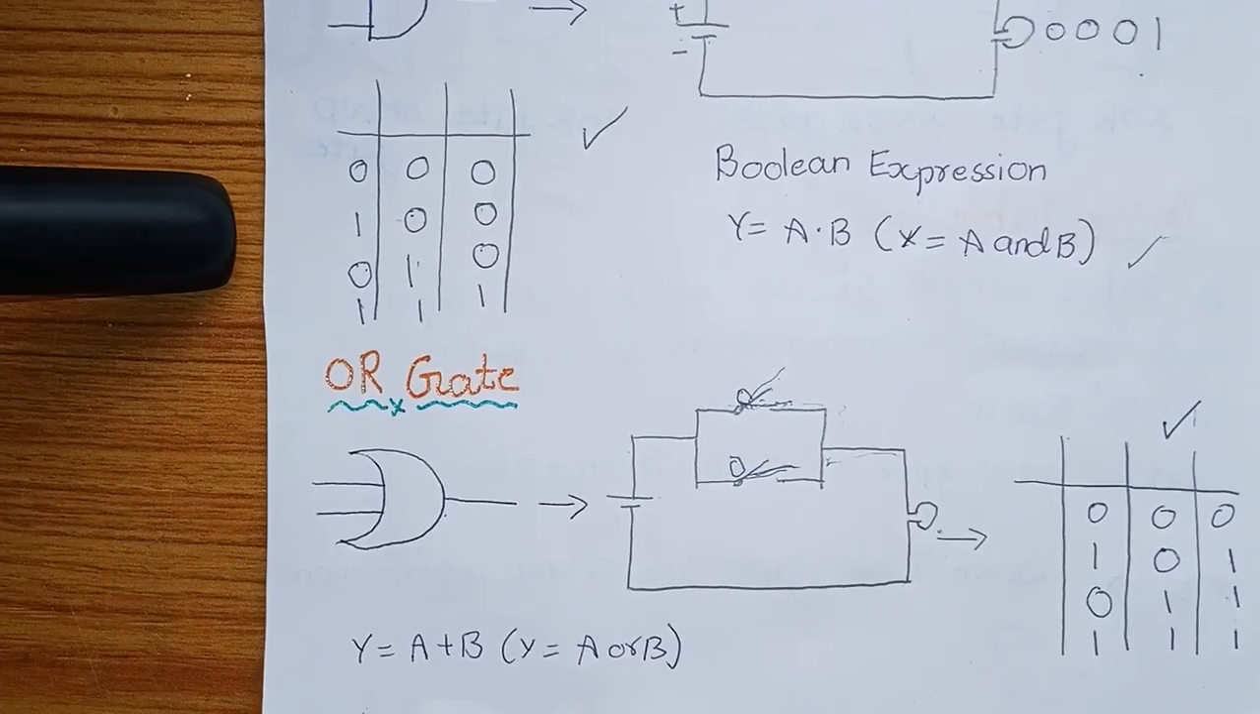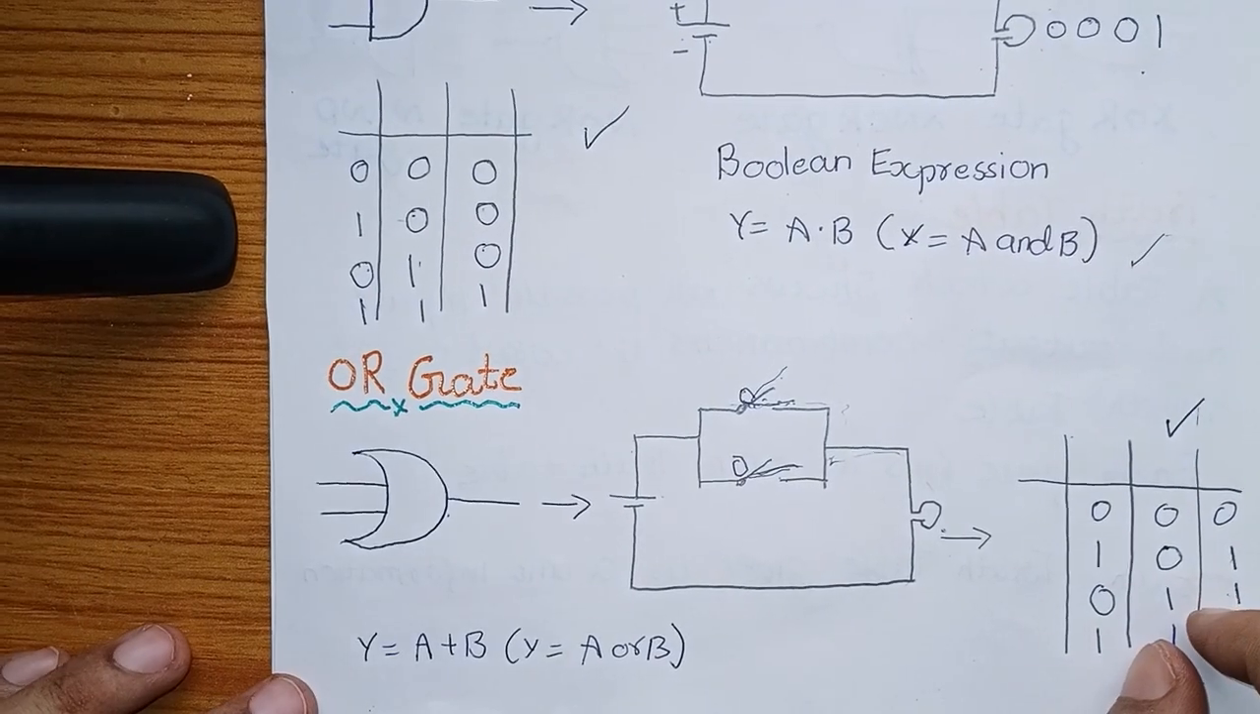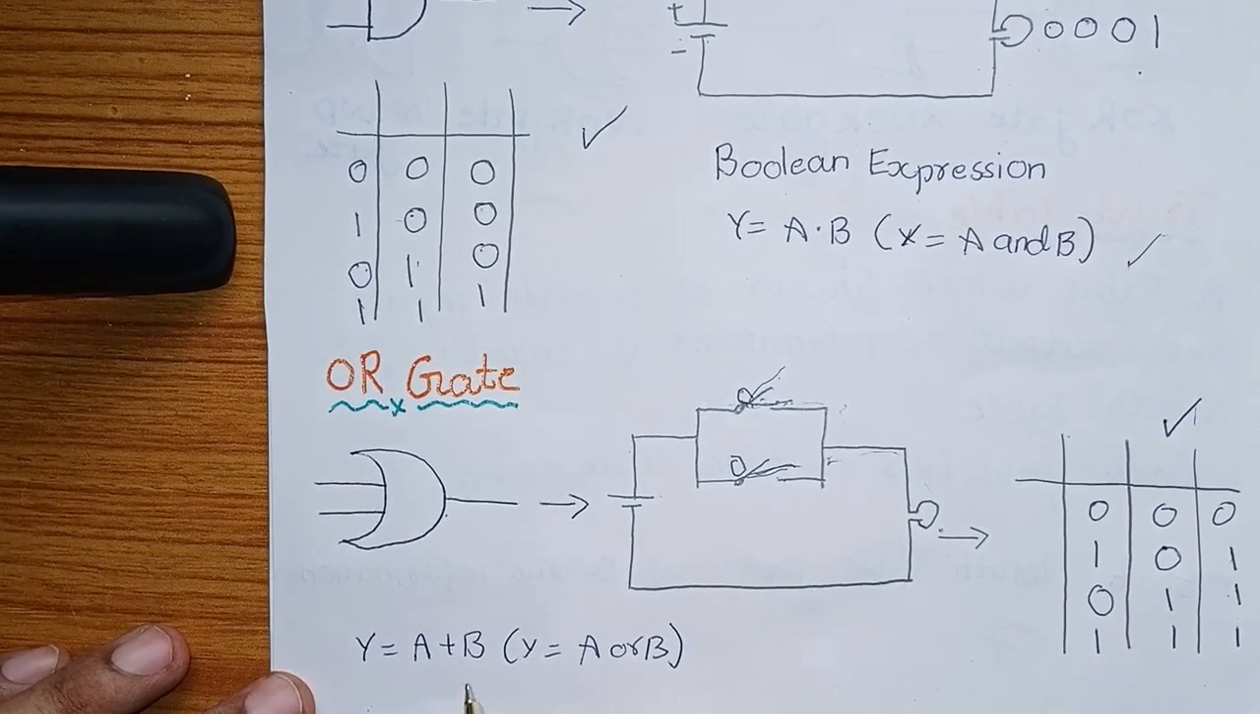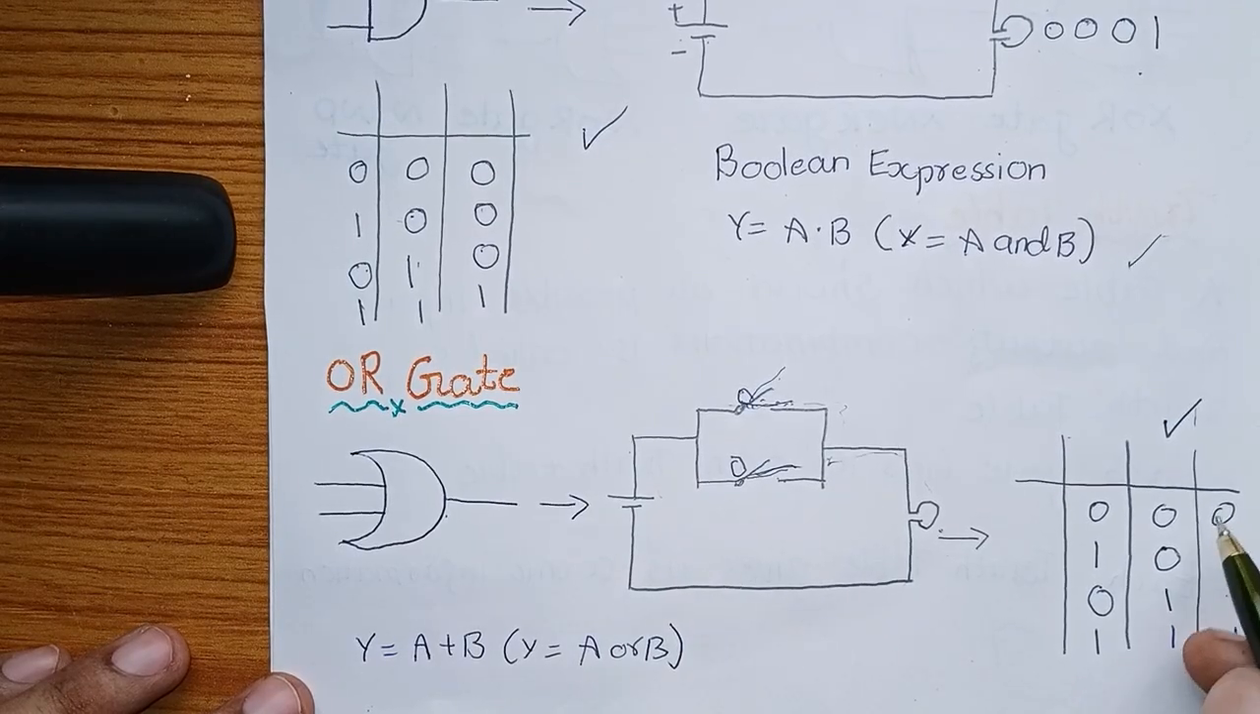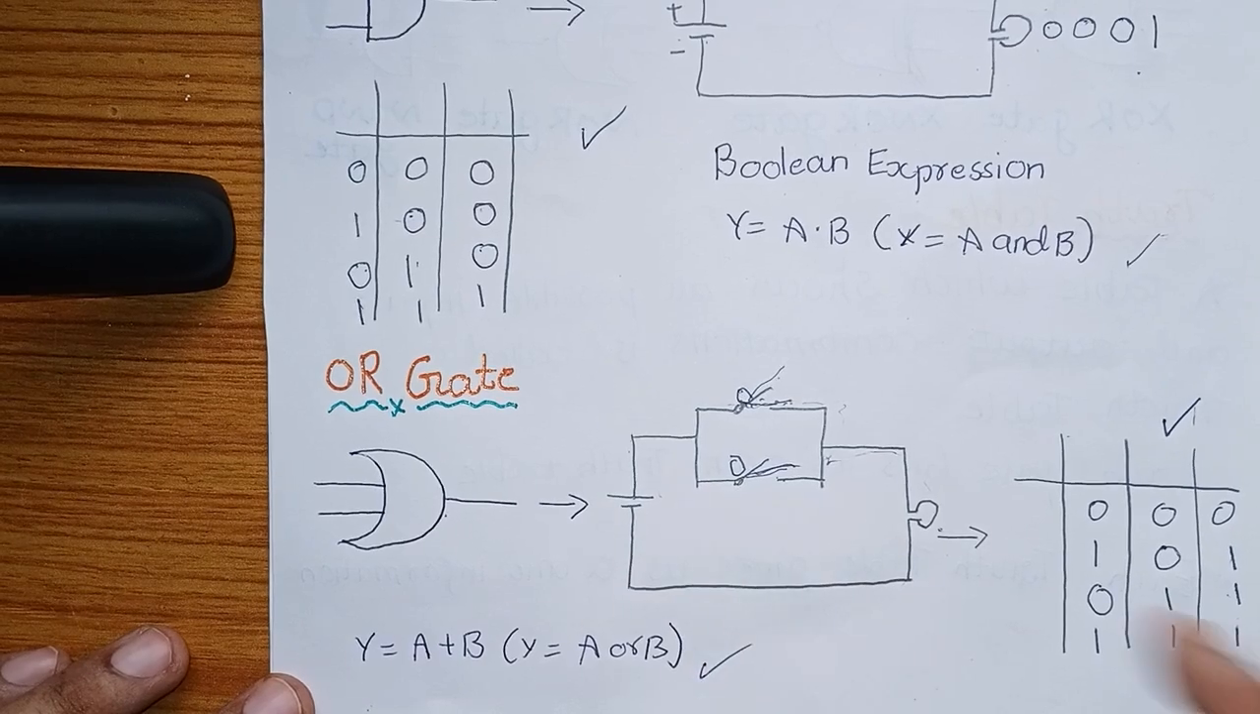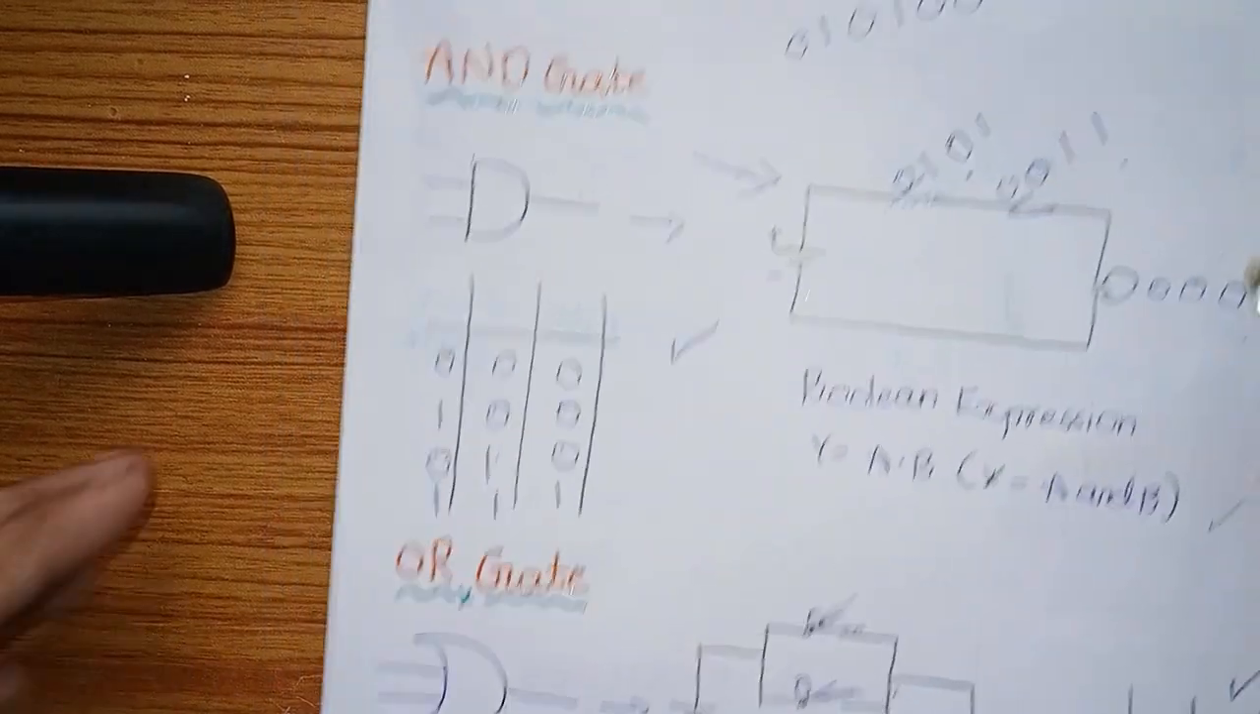Okay, next, what is the Boolean equation? Y is equal to A plus B, where Y is equal to A or B. We are getting almost positive signs. Just remember this Boolean equation, it will help you. Okay, next,